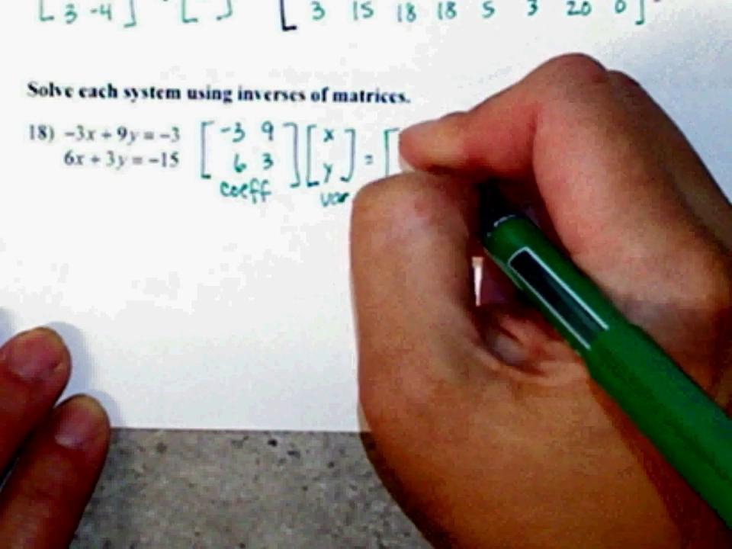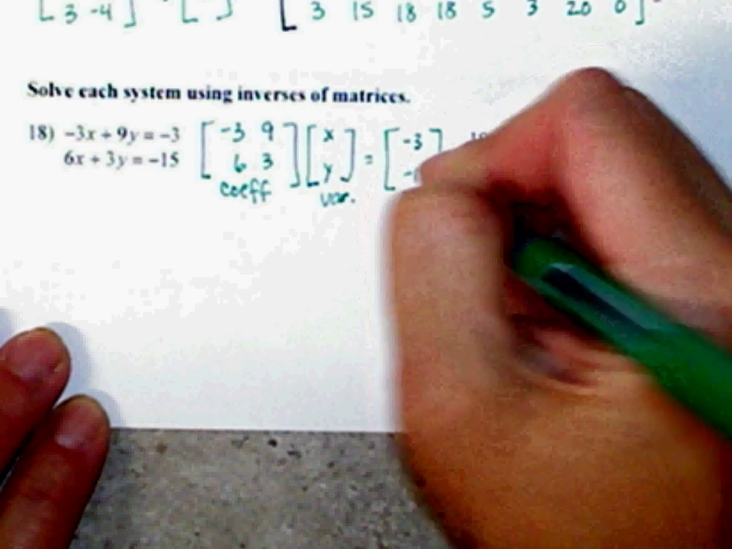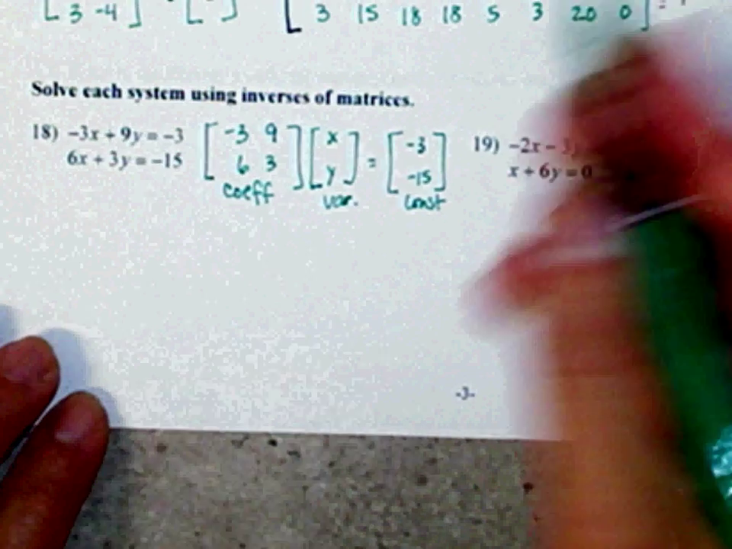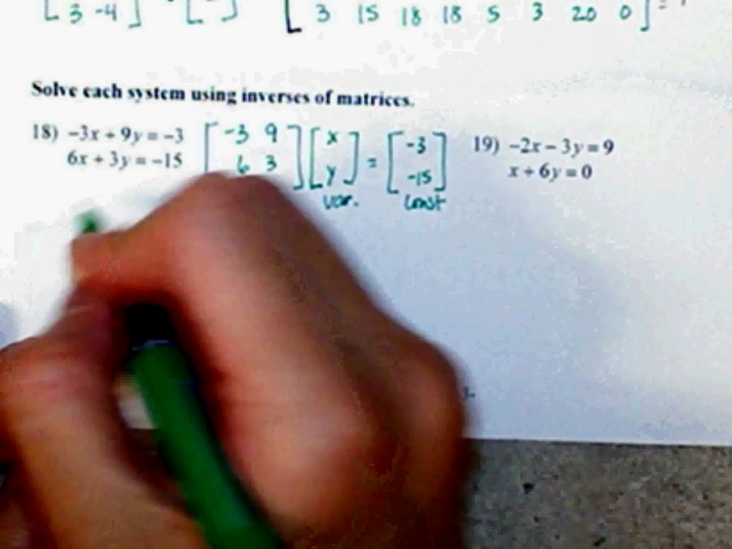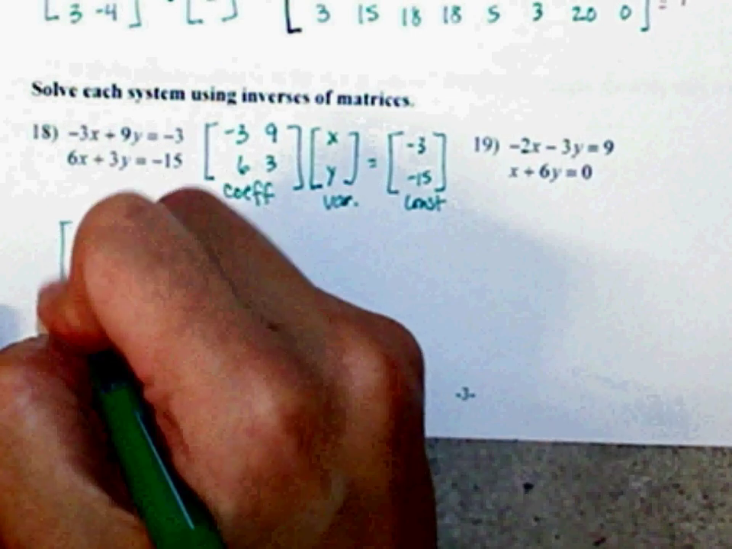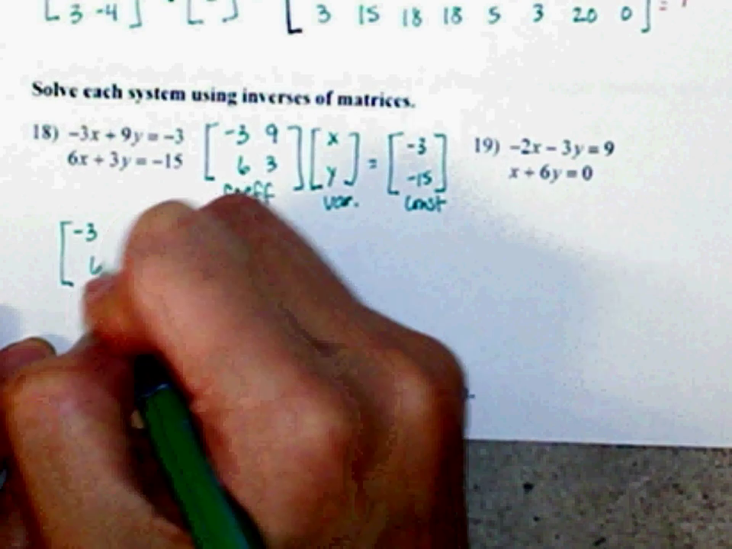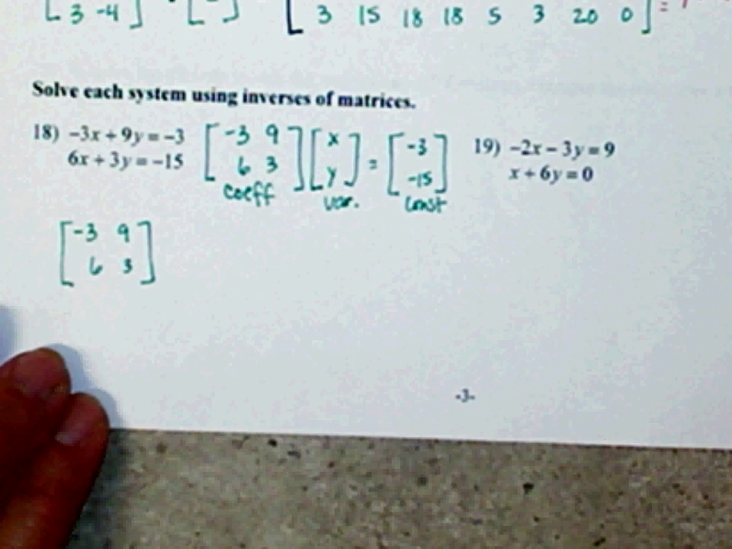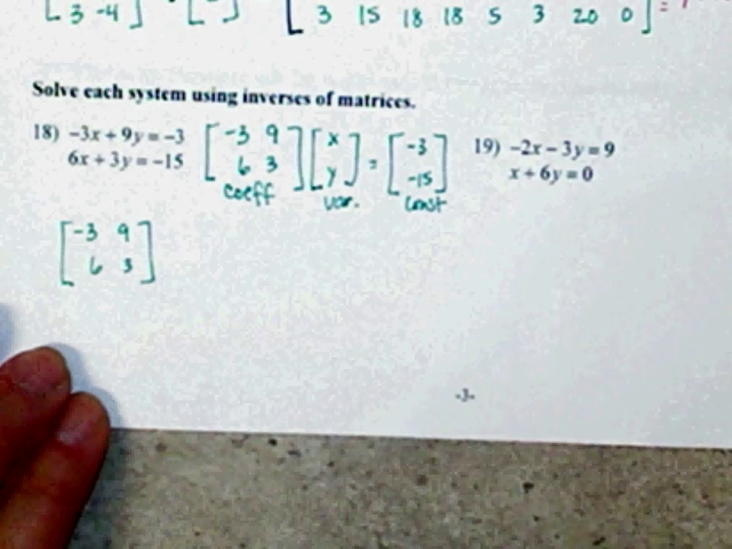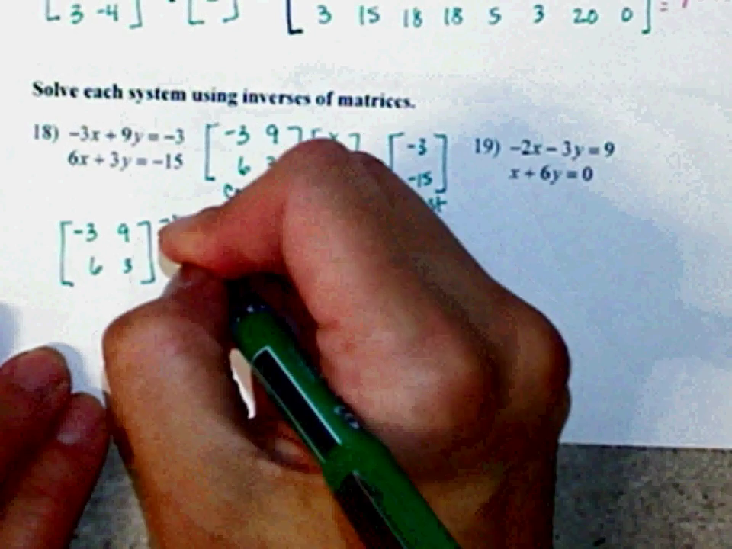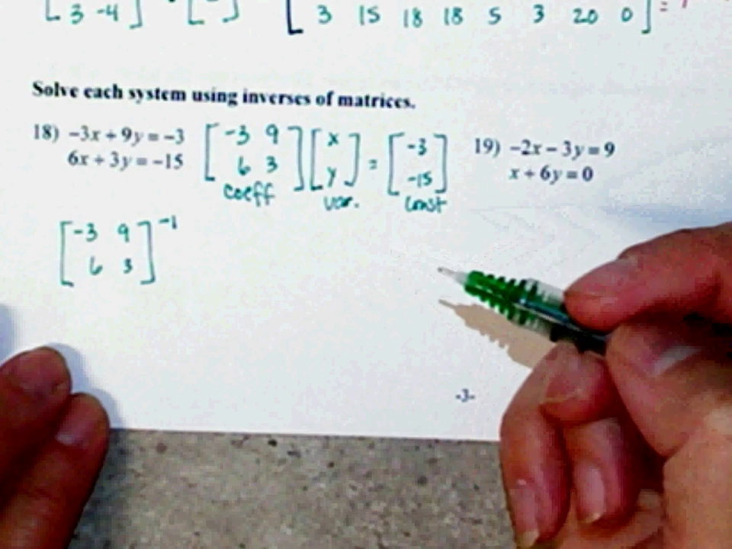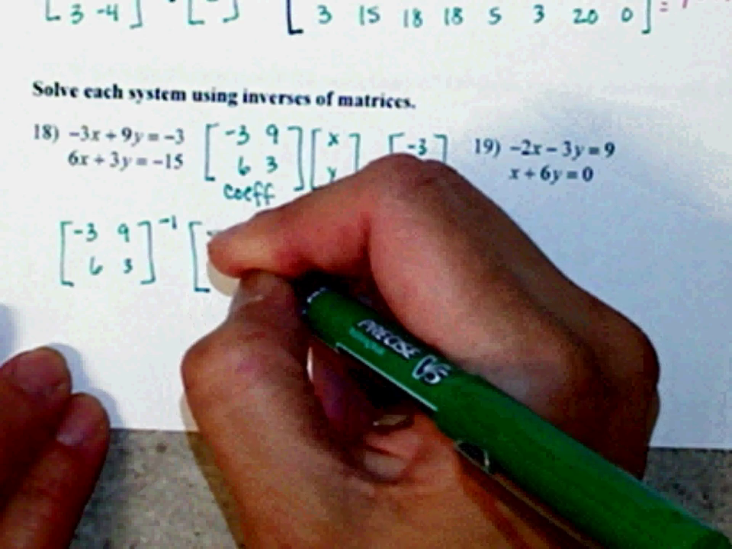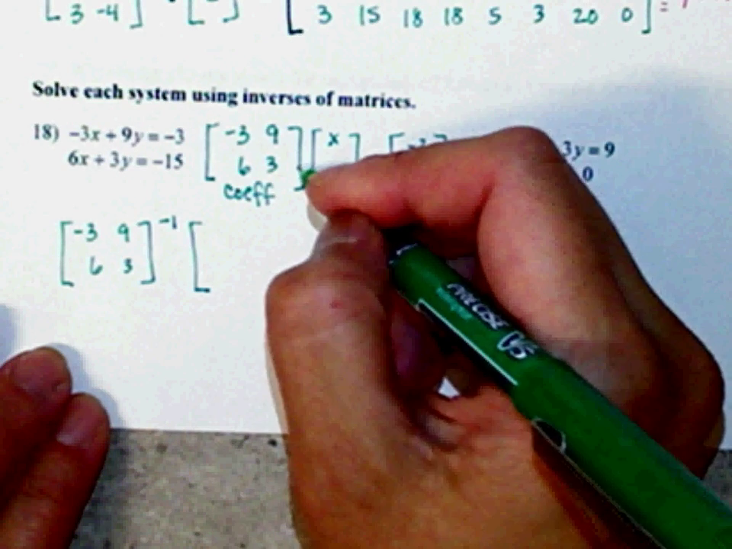Now, I only wrote that out, but you don't have to, okay? All you're going to do is you're going to take this one right here, and you're going to take the inverse of it, which is negative 3, 6, 9, and 3. And you're going to take the inverse of that one, okay? You're going to multiply it times your, I just went blank. You multiply the inverse times your